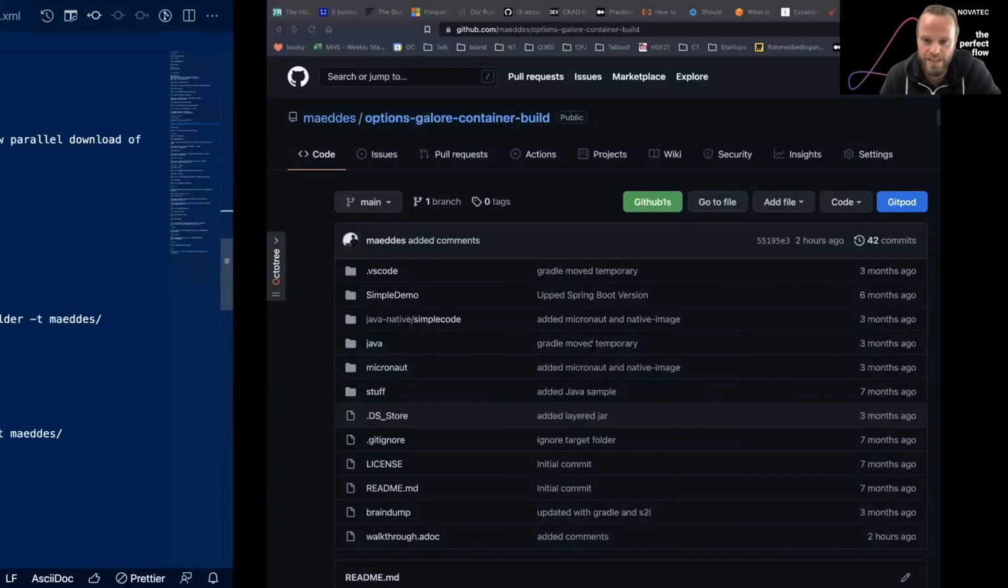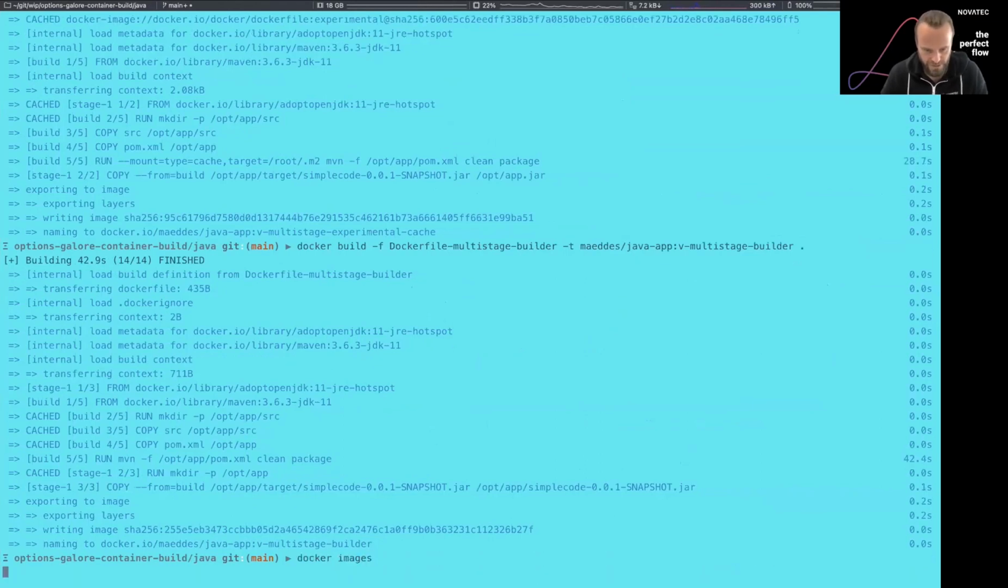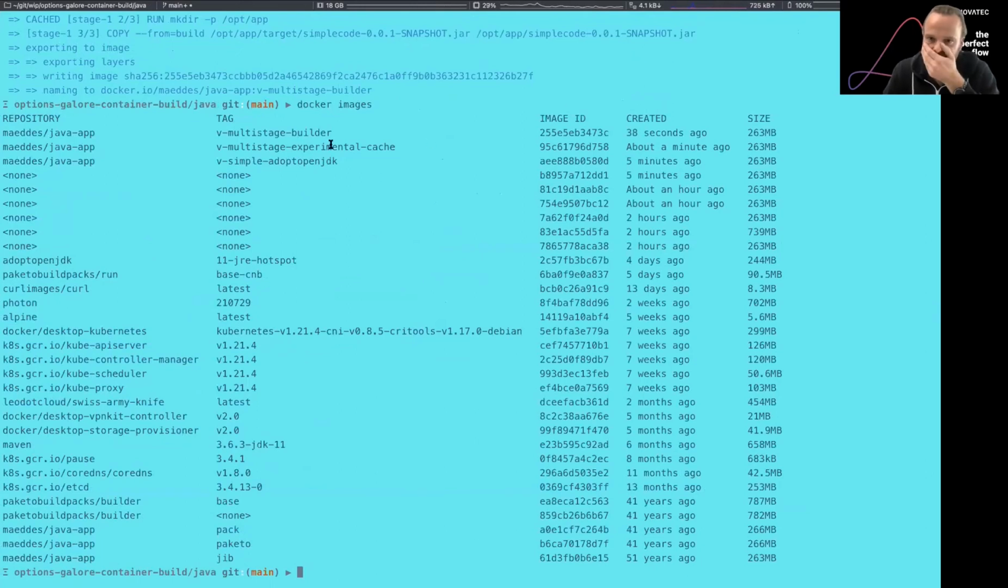Yeah, so even with that experimental feature, if I go on Docker images now, these are the 3 images that I had just built. If I do a Docker history now, and I use the latest one, that's the one right here, 255.